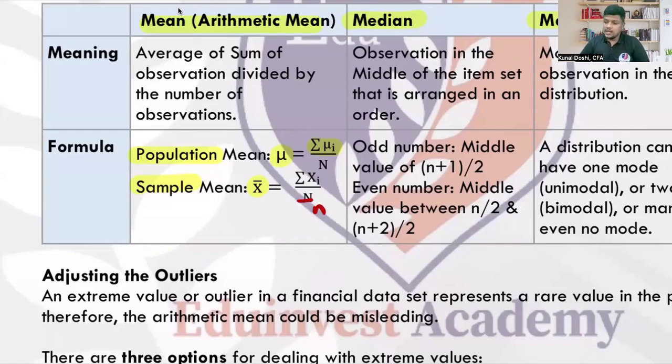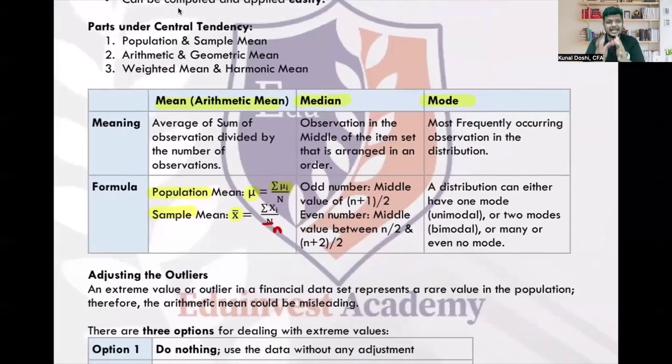Now, what is important here is mean is right in the center. Okay, arithmetic mean. But arithmetic mean is the simple average. What is median? Median is the observation which is in the middle of the item set, after you arrange the set in an order, that order can be ascending or descending. For example, if there are 20 people in a queue with different heights, we arrange all of them, and the one in the middle is called the median. Median can be for odd numbers or even numbers. For odd numbers, it is very simple.